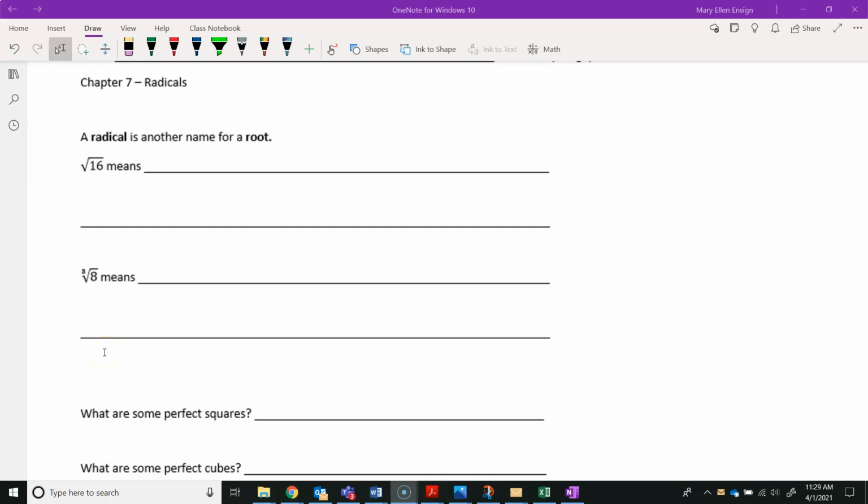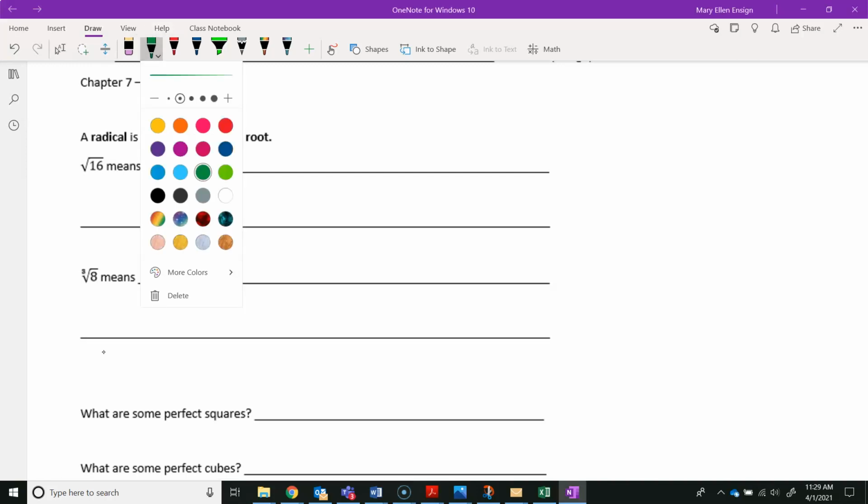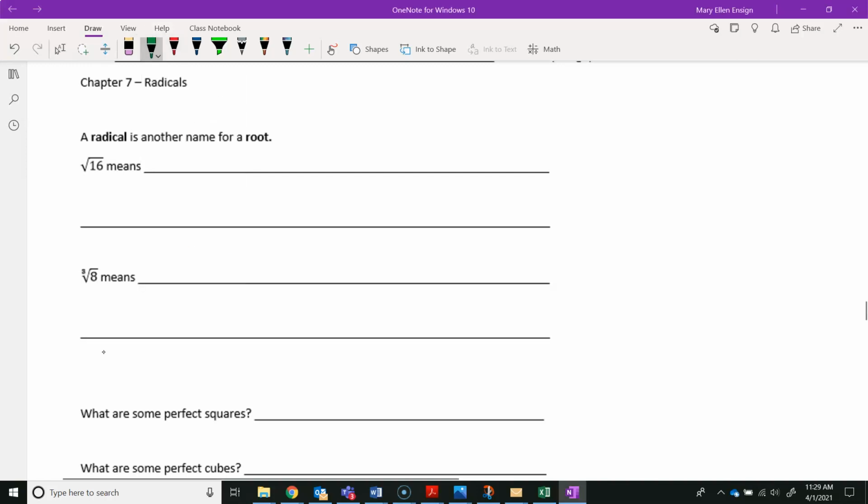Okay, so in this last part of the Chapter 7 notes, we're going to be talking about radicals, which is another word for a root, like a square root. So we kind of use those two words interchangeably, radical and root. So when we think about square roots or higher roots, we'll talk about in a minute, I like to think